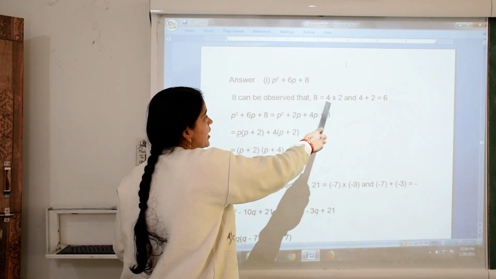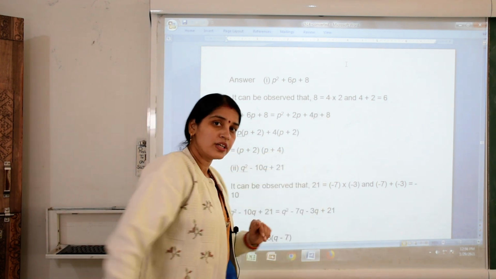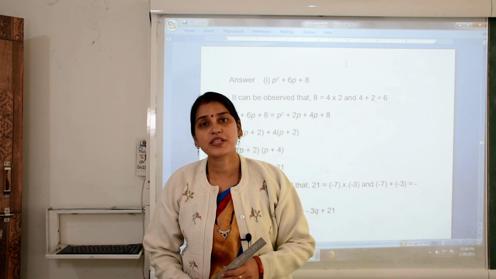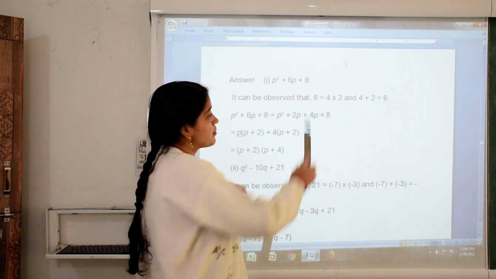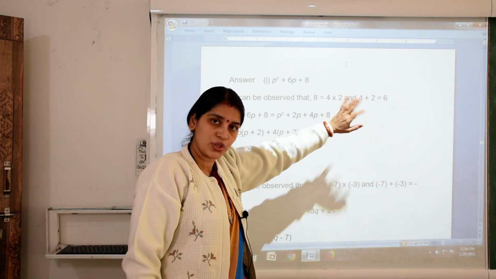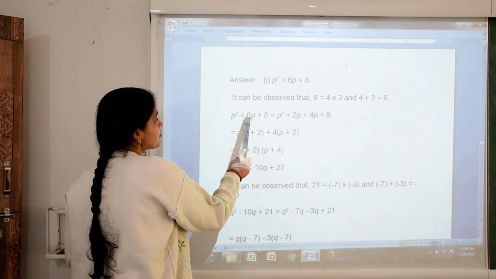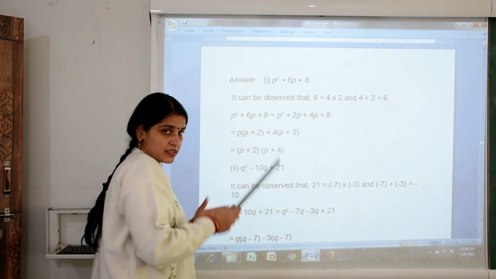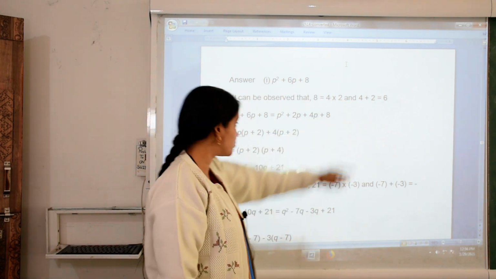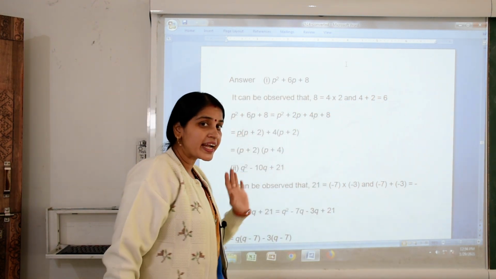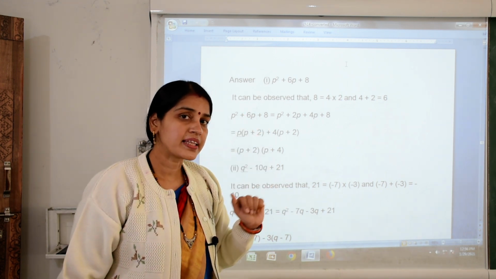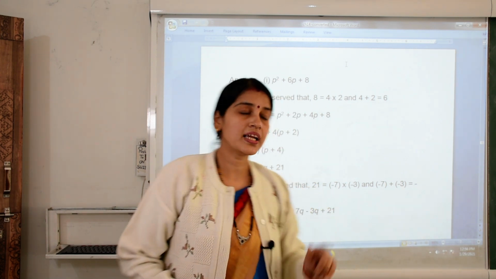So we are taking the factors of 8 as 4 into 2, because we know 4 2s are 8 and 4 plus 2 is 6, which means we get both numbers. So our numbers are 4 and 2. Okay, so this middle term we split into two parts as 4 and 2. So the first and last terms we write as they are, only we have to split the middle term. That's why this method's name is splitting the middle term.